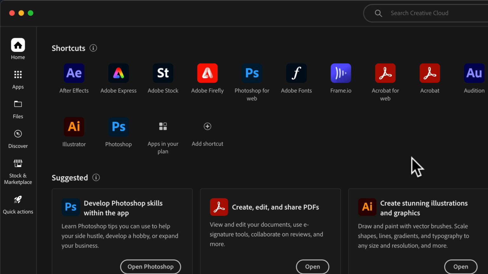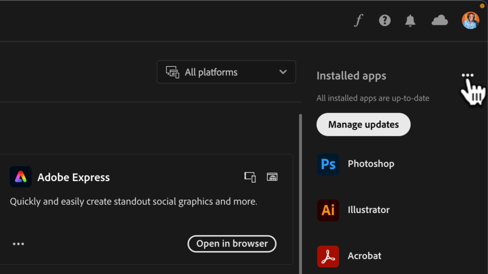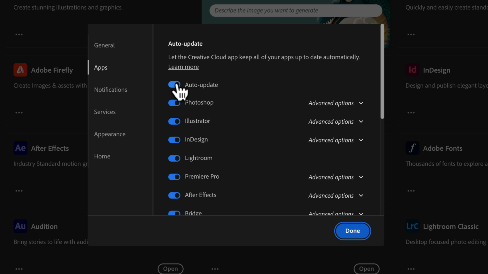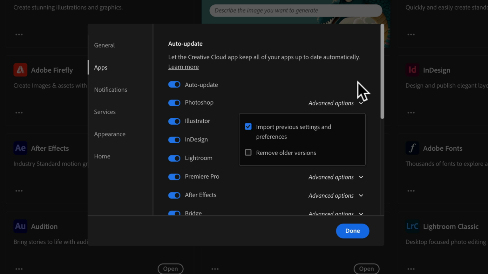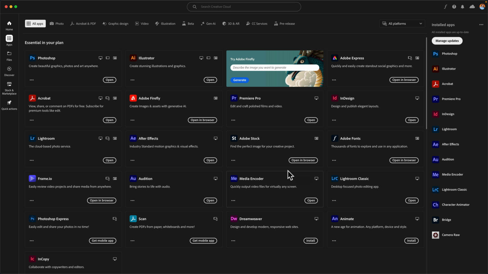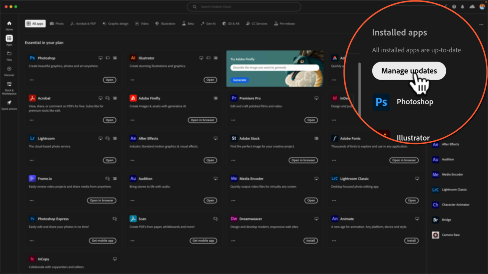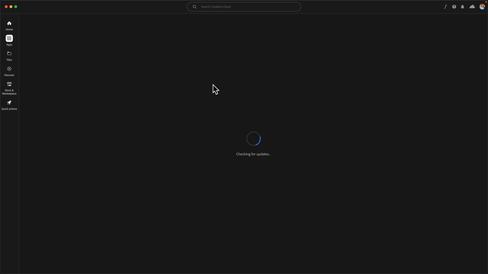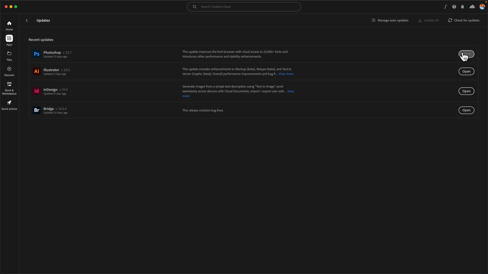To check for updates and to manage your auto update settings, open the Adobe Creative Cloud desktop app, click on Apps, click on the 3 little dots in the top right corner, choose Manage Auto Updates. If you just toggle on this top button, Auto Update, After Effects will automatically check for updates for all of your installed applications. To manually check for updates, go back to where it says Installed Apps and click on Manage Updates. In the top right corner, click on Check for Updates. After Effects will scan and see if there are any available updates. Then you would just click the button